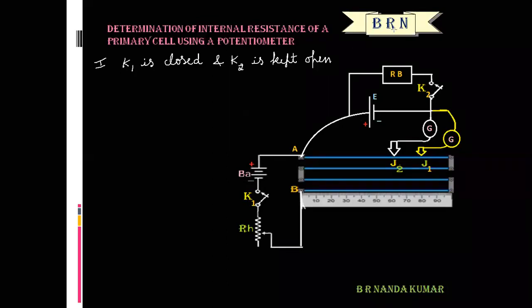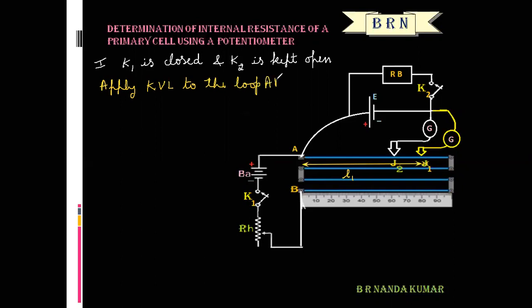Let us consider the distance from A to J1 as L1. Now apply Kirchhoff's voltage law to the loop